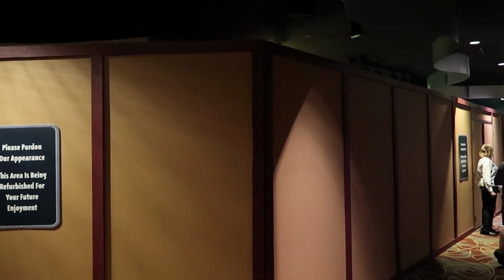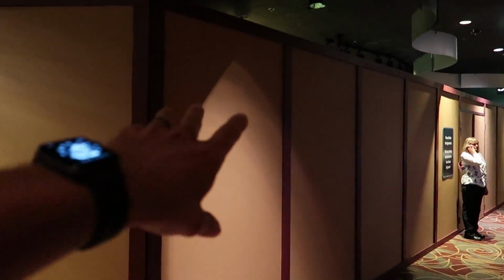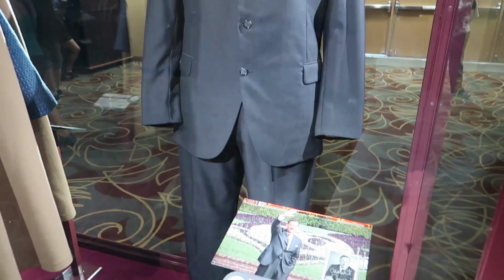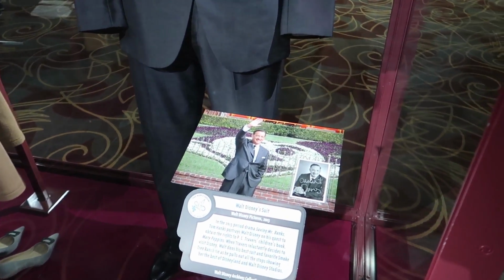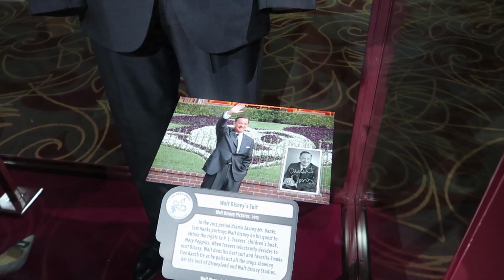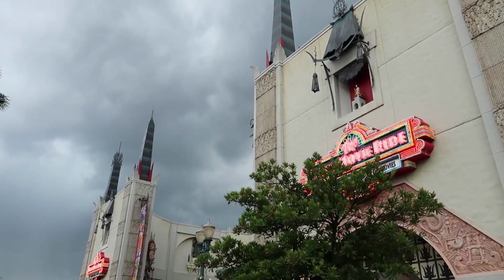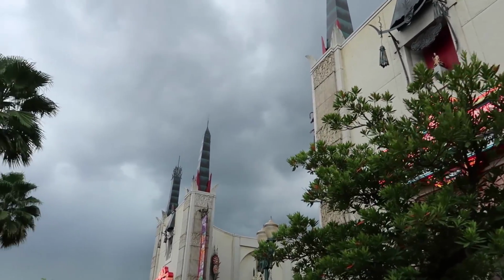This used to be where there was a cutout of Walt showing off Epcot and all that other stuff. But now it's behind construction walls. There's a Saving Mr. Banks display here with Tom Hanks signed a picture as Walt Disney. It's kind of interesting. The ominous clouds and the thunder are starting, and we are headed into our Fast Pass